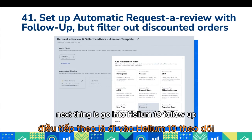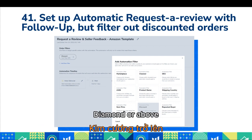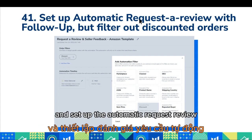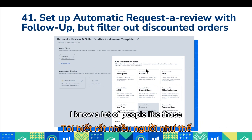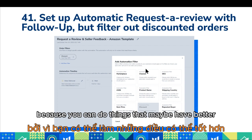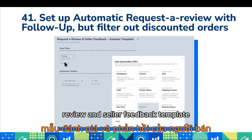Next thing is go into Helium 10 follow-up. This is for any level of Helium 10, Platinum, Diamond, or above, and set up the automatic request a review. All right. I don't do any more the custom emails. I know a lot of people like those because you can do things that maybe have better conversion rate. But no, all you have to do is you go to a request a review and seller feedback template, make a new one,